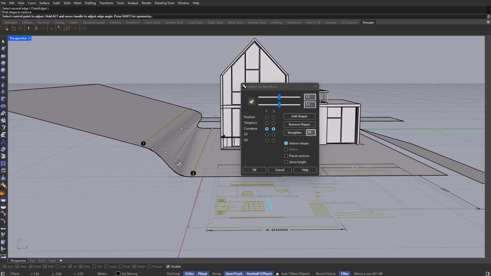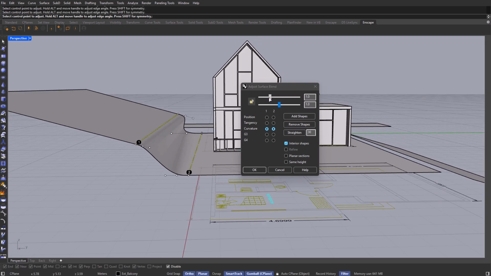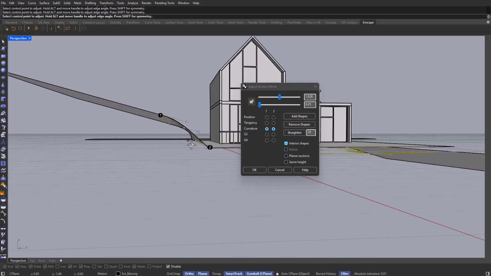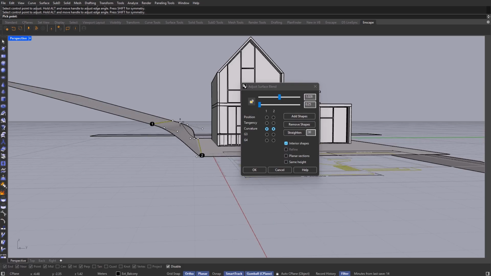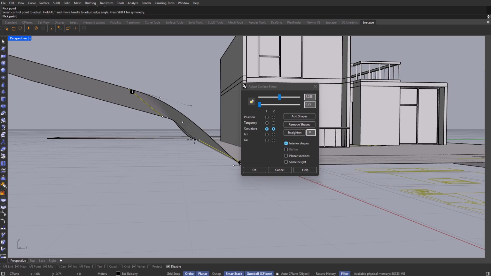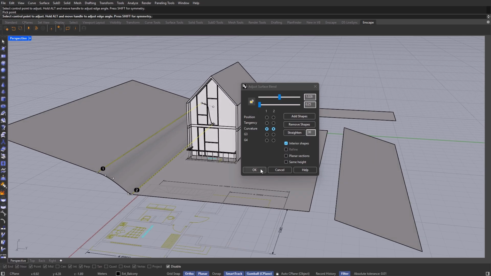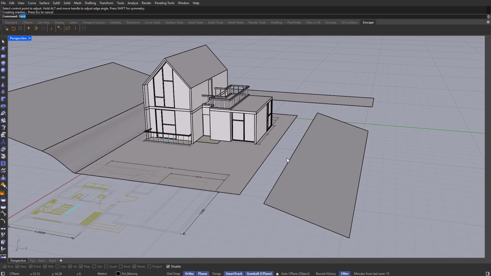So once we do that, this window will pop up. And what we need to do now is to just play around with these sliders until we get a more natural look to this slope. Alternatively, you can go ahead and pick the control points and move them like so. This is looking good, so I'll just click on OK. And we have to do the same thing, but with this other side. So again,